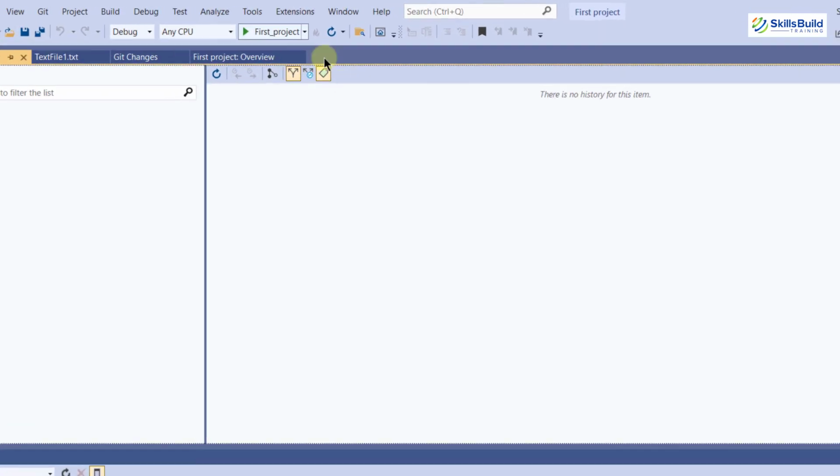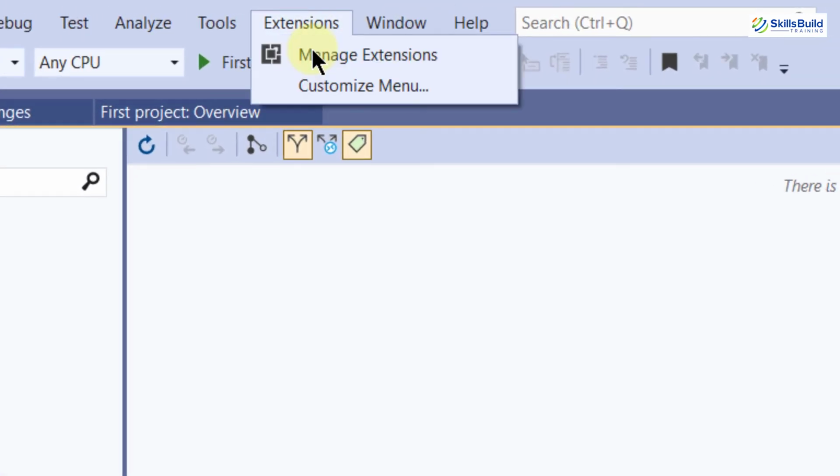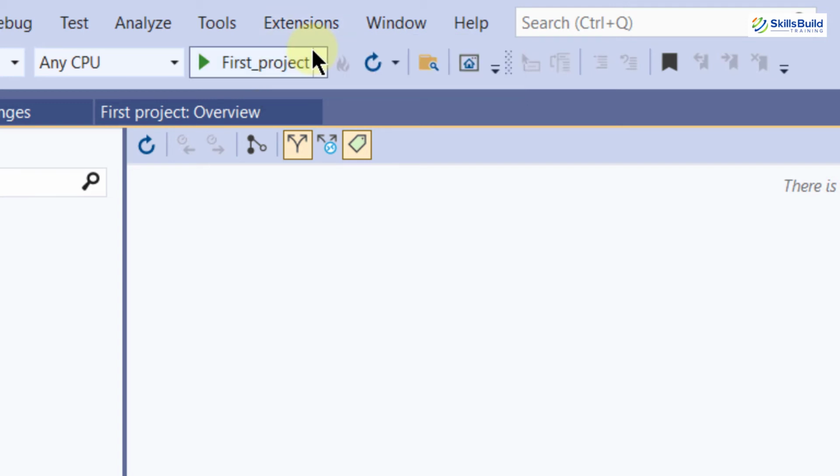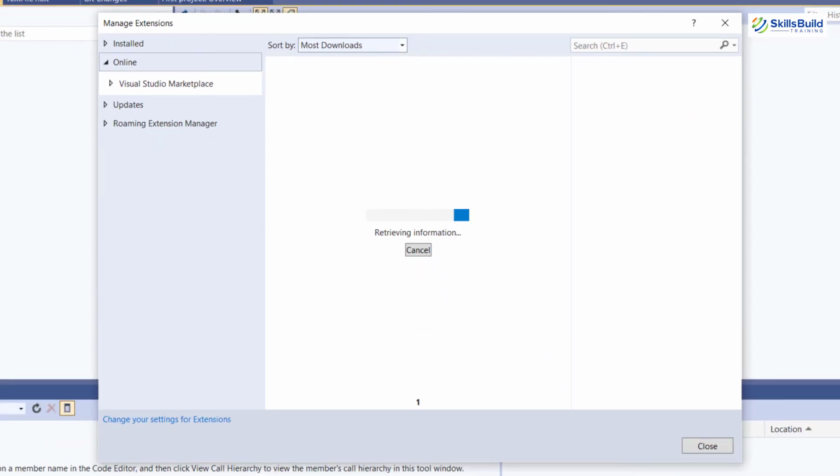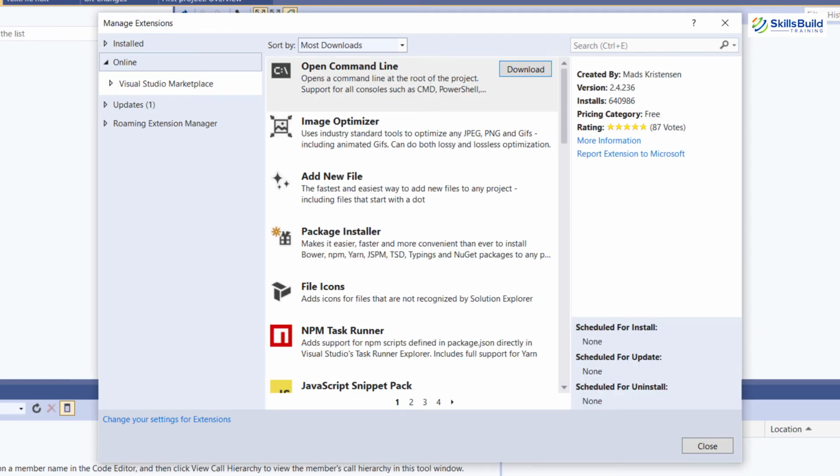Now, if I go to extensions, from extensions we can download and add different extensions into our Visual Studio 2022. Because in most of the projects which you will be creating, you will need some extension to make it work. And there are two ways to add those extensions into your system. First one is the external way, like you download it and then you add those extensions into your Visual Studio, or you can download those extensions directly from here.